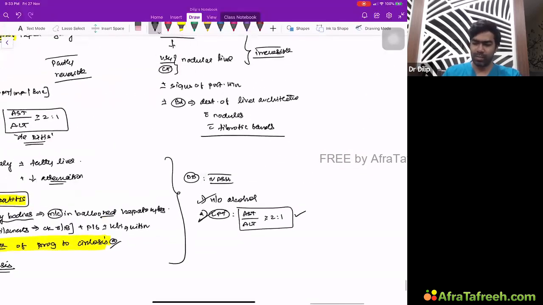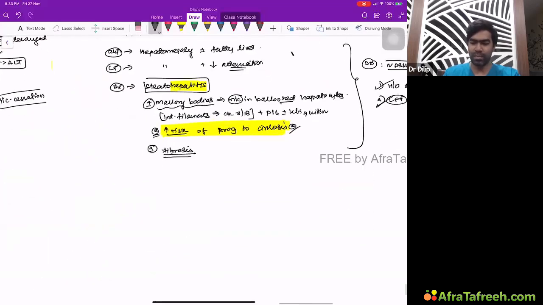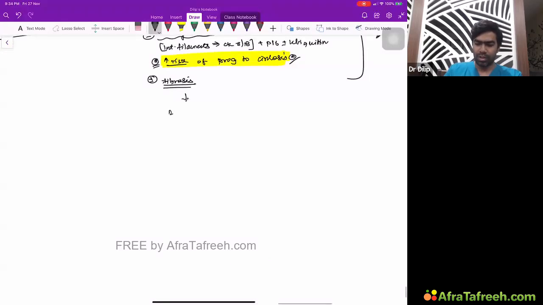Cirrhosis is the other end of the spectrum, and there is not much treatment available. The standard cirrhosis treatment is what we're going to do. The only option is to treat the cirrhosis with conservative management. If it doesn't respond over time, you have to go for liver transplantation. That is the only thing you can do. There's no particular treatment available for patients with cirrhosis. For patients with alcoholic hepatitis, of course, apart from stopping the alcohol, there are some drugs proven to be beneficial. The one thing is prednisolone.